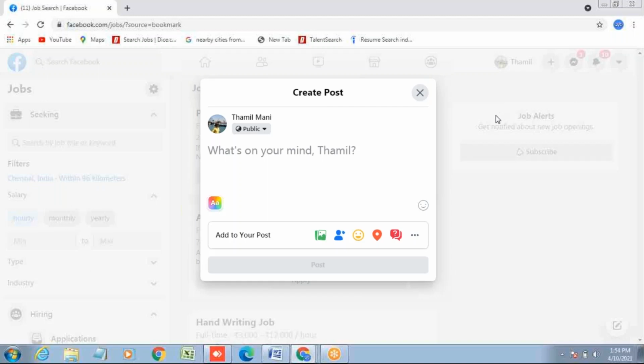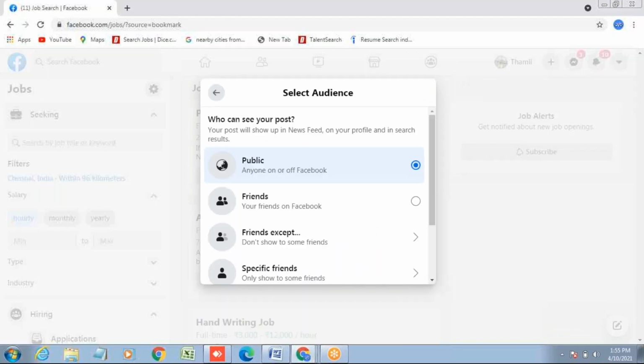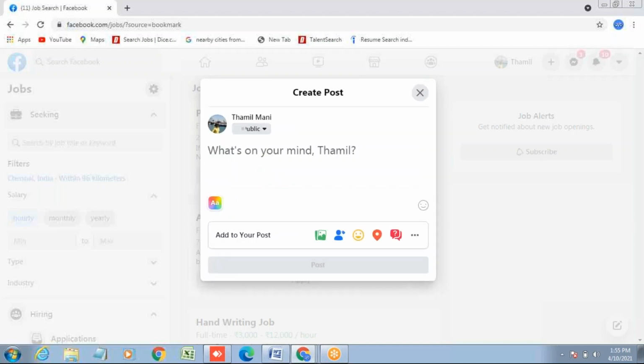Now, under Tamilmani, you see public. Click that one. So it says public, friends, friends except specific friends. Please select public now, because our post has to go to everyone.